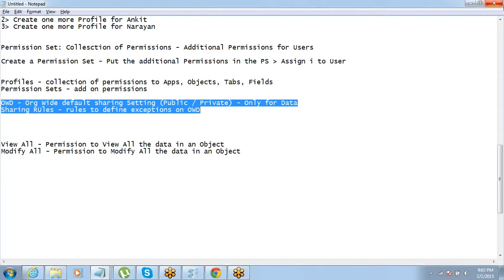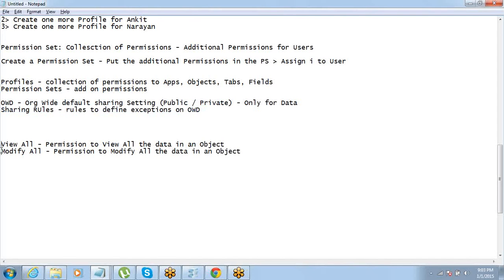So these sharing rules or the sharing settings which we are talking about would not affect users who have view all and modify all permissions. So if there are certain users who you just want to have that modify, like a database administrator, a database administrator will need access to all the data, right? Maybe a reporting expert who just needs to do the reporting. He needs to access all the data, view all the data. So that way. Got it?